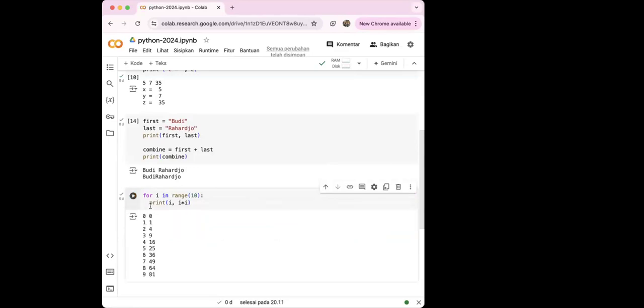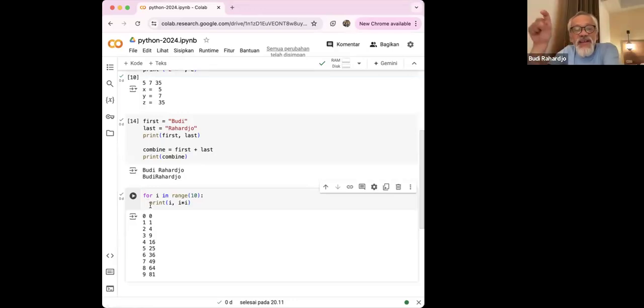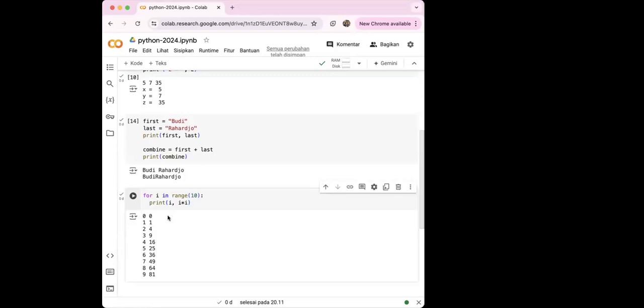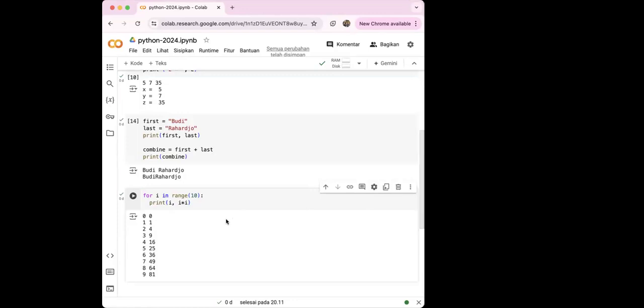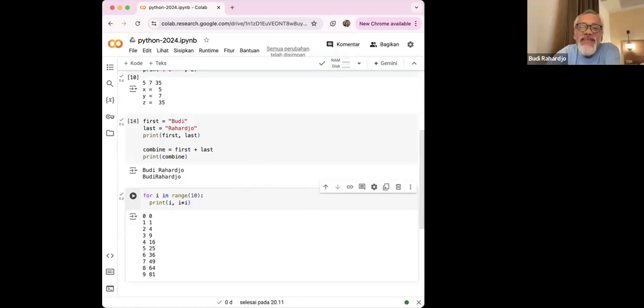Oh, got it. So it must be enter first. Yeah, it has to go inside. So it has to be indented, either 2 spaces, 4 spaces, or tab. I see. Okay, sir. So this is the thing I hate about Python. What I see is that the grouping of what you do is usually, in Python, the indentation is one group. In other languages, people use curly braces. Okay. Let me stop this one, sir. Thank you, sir.